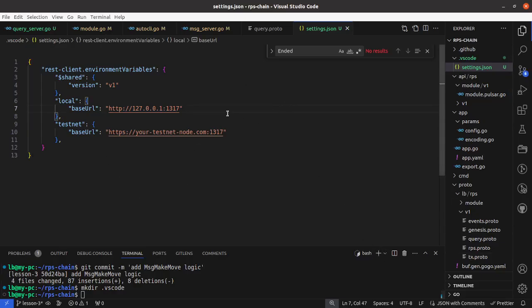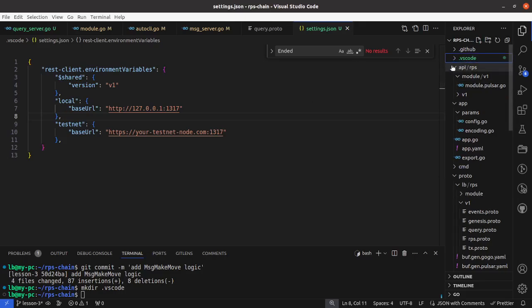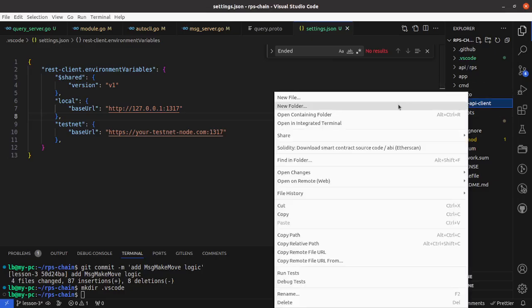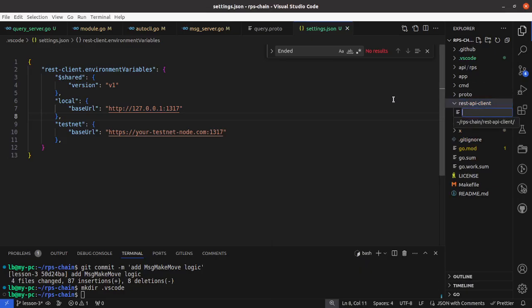And if you have installed this extension, you can create a folder with the requests, and we are going to call it REST API client, and let's add a new file that's going to be our RPS module requests